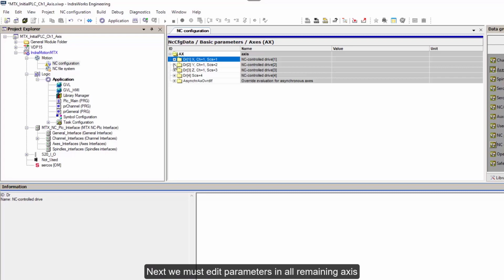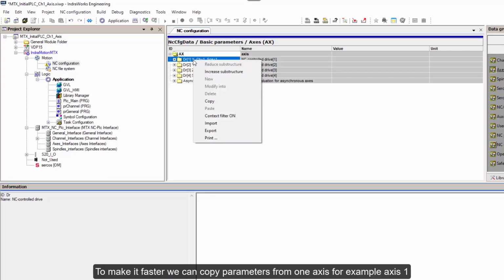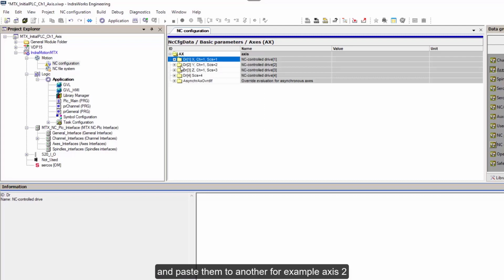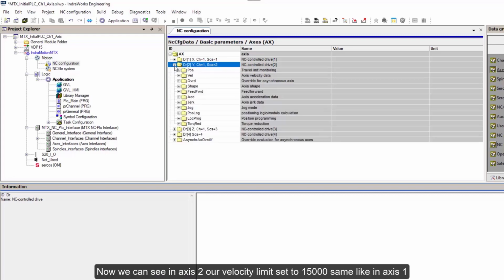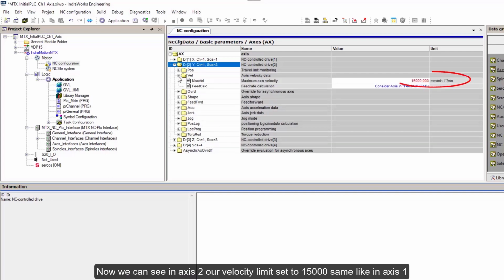Next, we must edit parameters in all remaining axes. To make it faster, we can copy parameters from one axis, for example axis 1, and paste them to another, for example axis 2. Now we can see in axis 2 our velocity limit set to 15,000, same as in axis 1. Please note that every parameter, after we modify it, changes color to